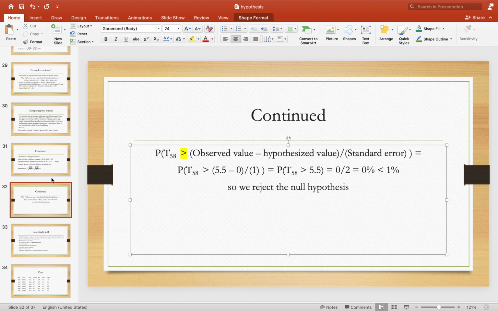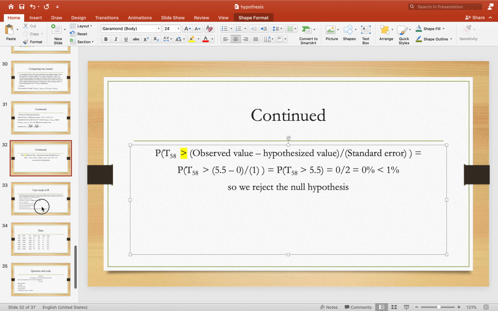Now, if you have accounted for all the variables and you got a p-value of this, and you didn't believe that there were any other variables that affected age, then yes, you should say that this difference is due to gender discrimination. There'd be no other option. Okay. Let's move on to a case study in R,